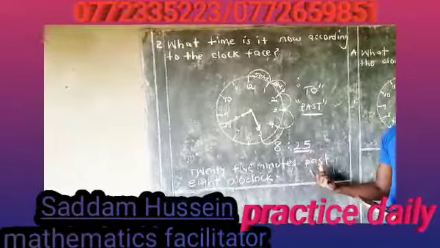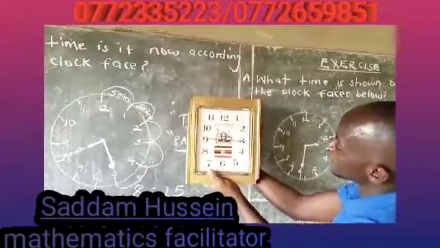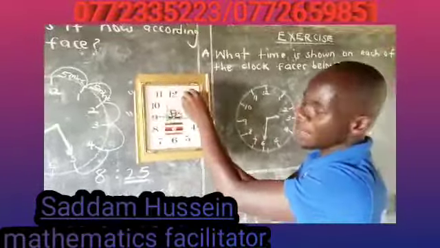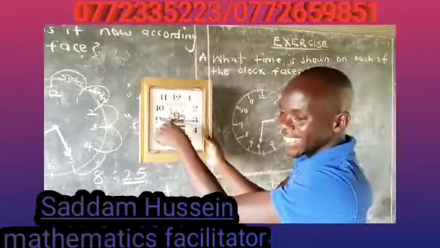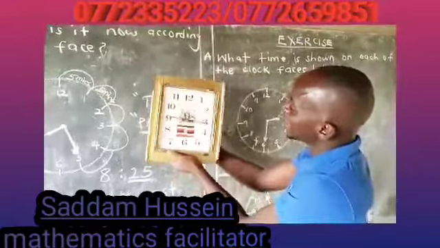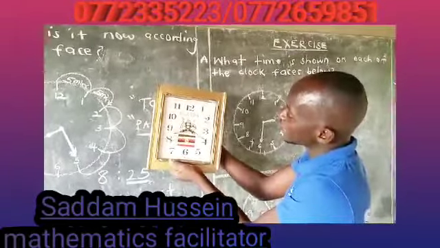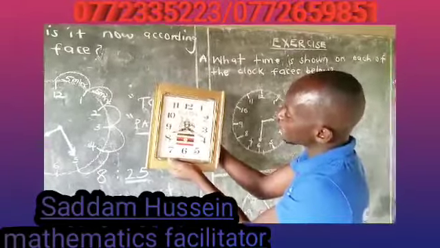25 minutes past 8. Now, at home, you have your clock there and adjust this hand to any direction that you want. You can adjust, for example, I can adjust mine like this. I can adjust and I tell you to tell me what the time is now. You realize that from 12 to 1, we have 5 minutes. Here 5, here 5 to make 15. So it is 15 minutes past 9. You can continue adjusting as in many ways as possible as you practice from home there.